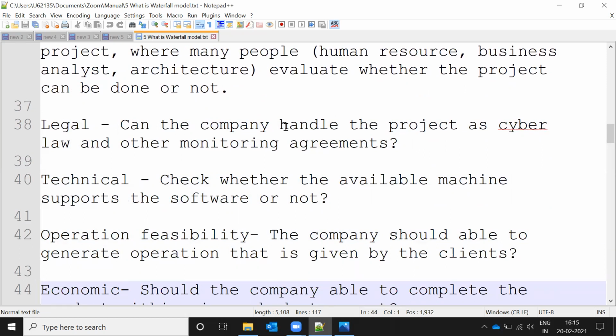Legally, can the company handle the project, such as cyber law and monitoring agreements? They check whether the company can provide cyber security or not.